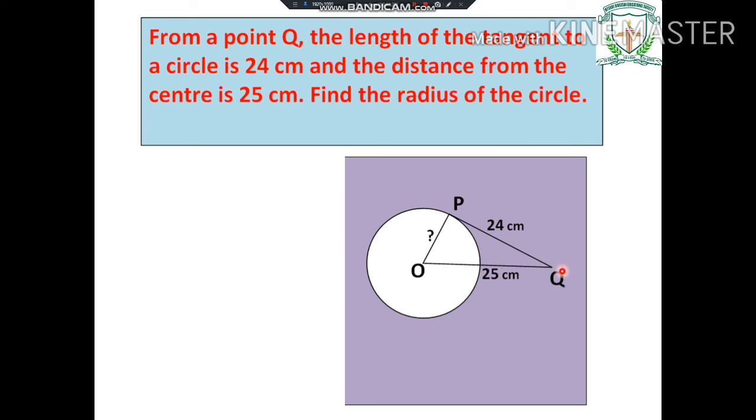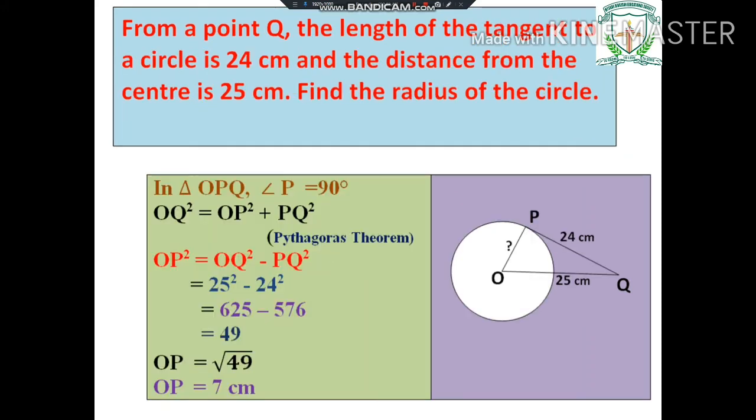So OQ square is equal to PQ square plus PO square. Now substitute the values. You can easily find out. Yes, children, in triangle OPQ, angle P is equal to 90 degrees, right? So OQ square is equal to OP square plus PQ square. This is according to the Pythagoras theorem. You are familiar with it. Dear children, try to write the application of the Pythagoras theorem properly for all right angle triangles. Now you need to find out PO.